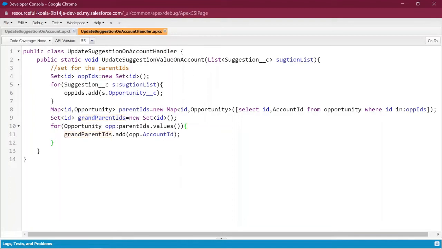Here we will create the same kind of map of ID comma account, grandparent records, or we can say grandparent map, equals